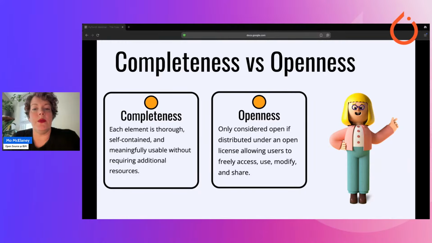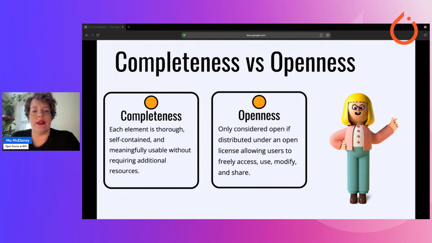And in open science, completeness refers to providing comprehensive and well-documented information for all of the components. That ensures that each element is thorough, self-contained, and meaningfully usable without requiring additional context or resources.